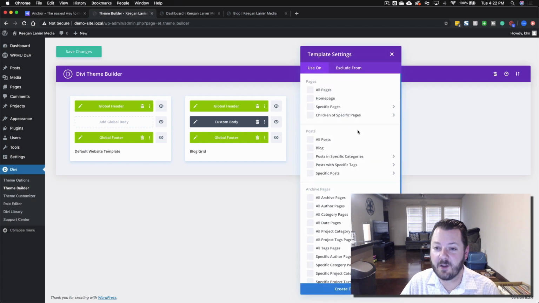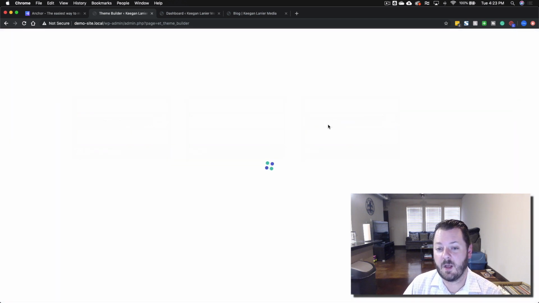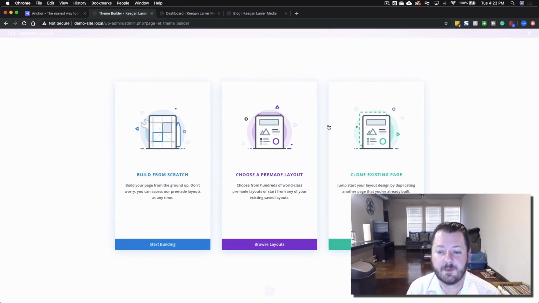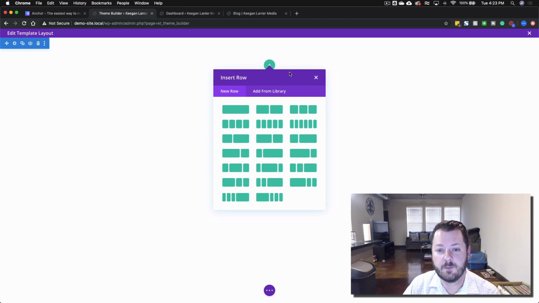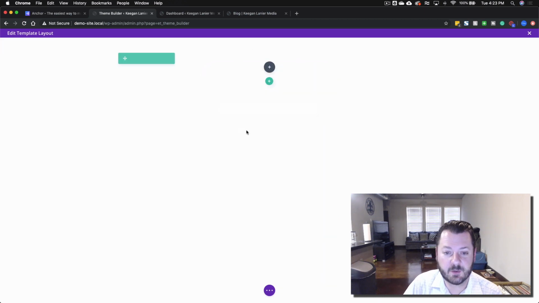And we want to add another one. And we're going to go to all posts, and we're going to build exactly what all the posts themselves look like. So all blog posts, and we'll build from scratch again. And this one is going to be quite simple. We're going to create a row, and we're going to add a text module,